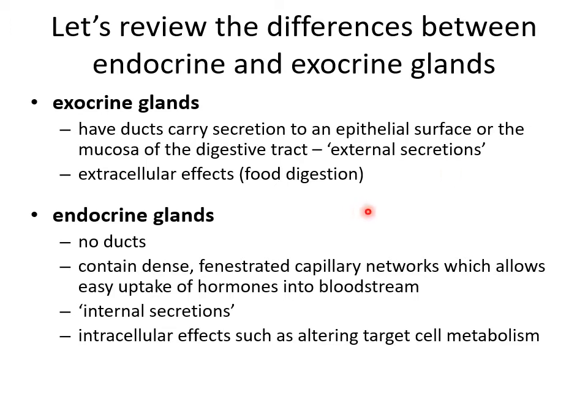But now let's also compare endocrine glands, which produce hormones, to exocrine glands. You should recall the discussion, an introduction of exocrine glands when we were discussing the integumentary system in Bio 11 in the first semester of anatomy and physiology. Exocrine glands have ducts, and they are secreting things to an external surface.